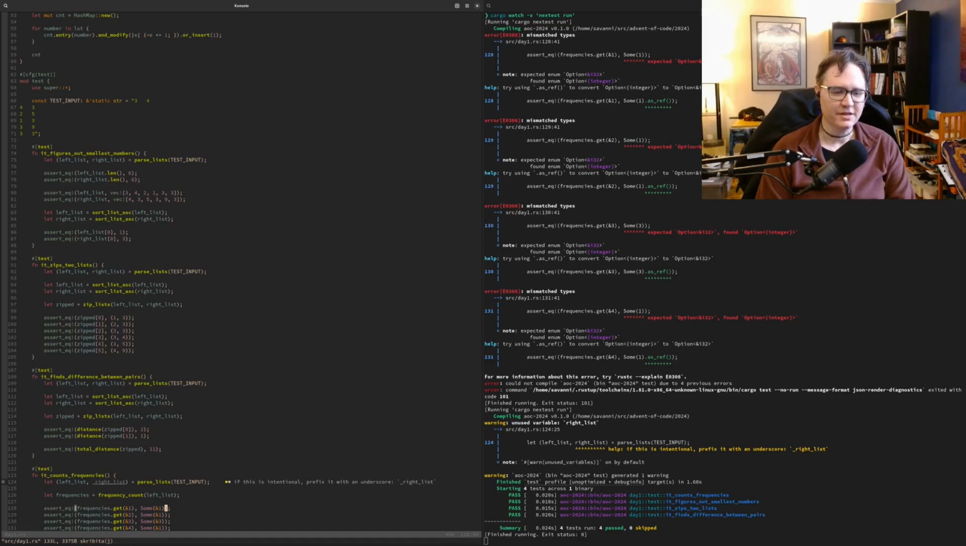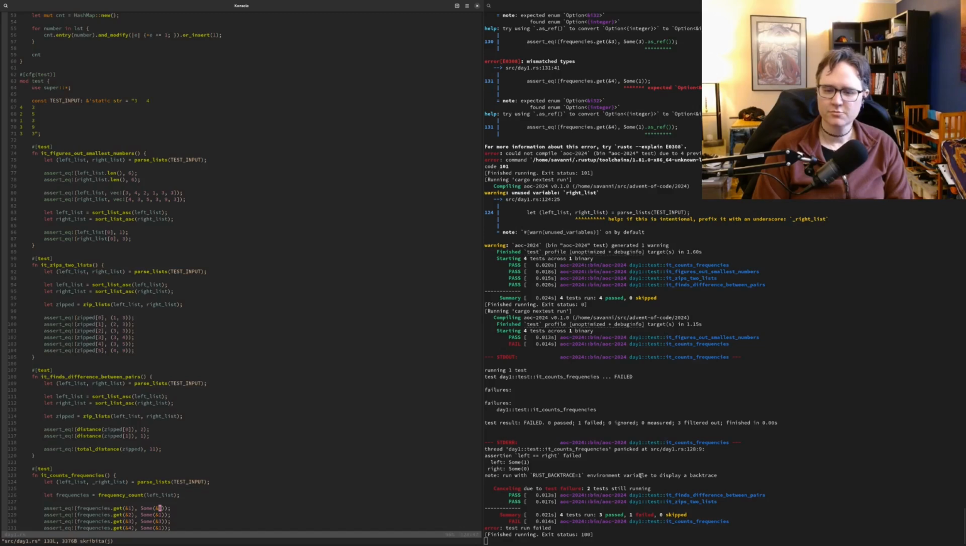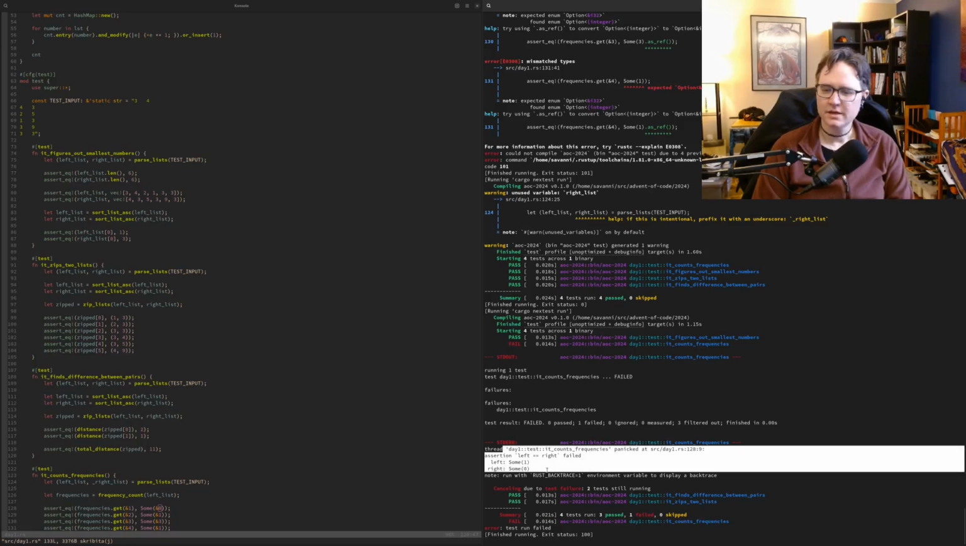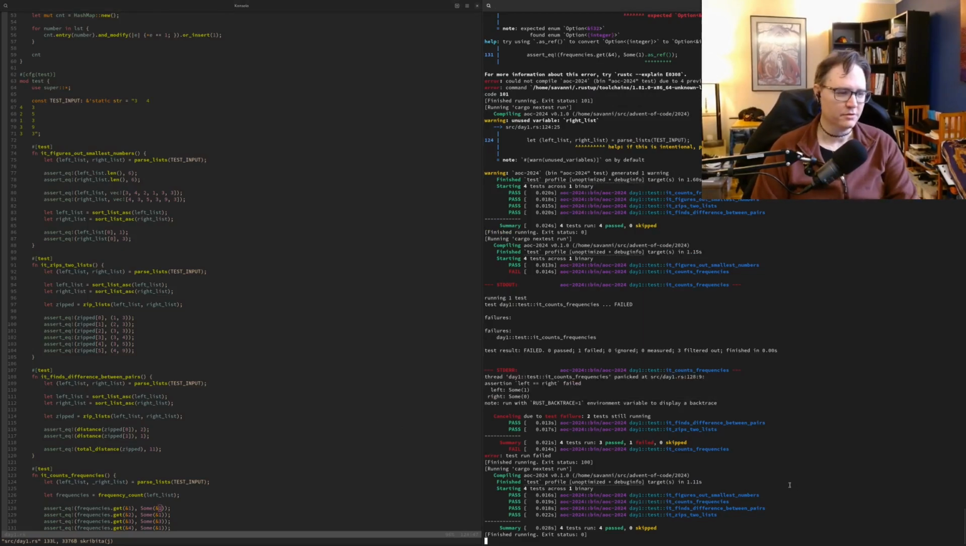Let's verify that it's really working by forcing it to fail. So it just failed. It counts frequencies, and it failed on line 128, which is this one that I just forced to fail. So we'll undo that. Cool. Now